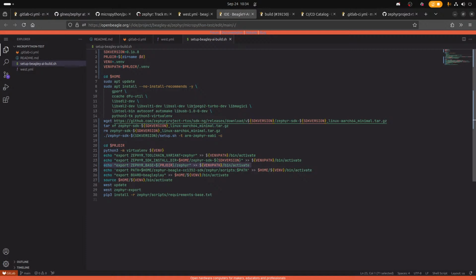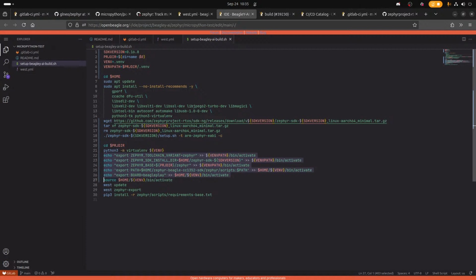Do we need these variables? I don't know. You just want to avoid picking up the wrong thing. There is a Zephyr env file inside the cloned Zephyr project that you can source to get these things, and they are only needed if you are building from outside of the workspace directory. If you are in the workspace directory, West will automatically pick up the Zephyr base, Zephyr SDK, and stuff. All right, well, let's try without any of them for now.